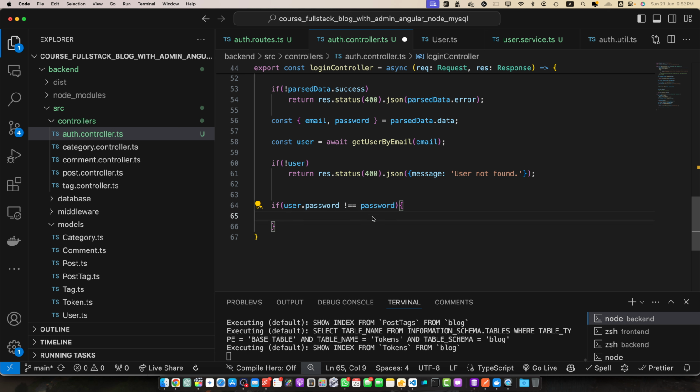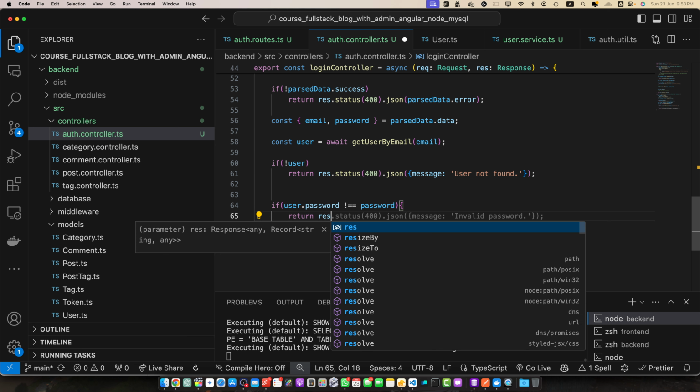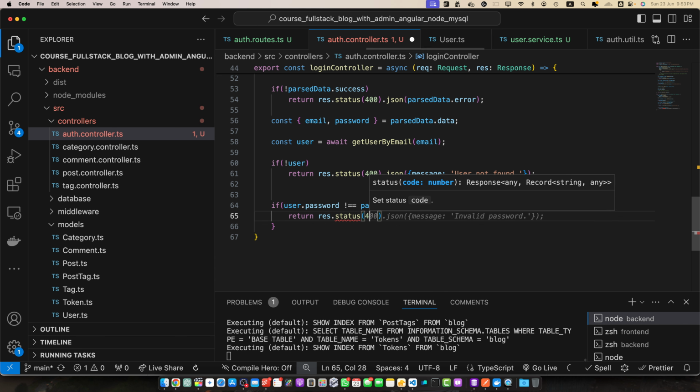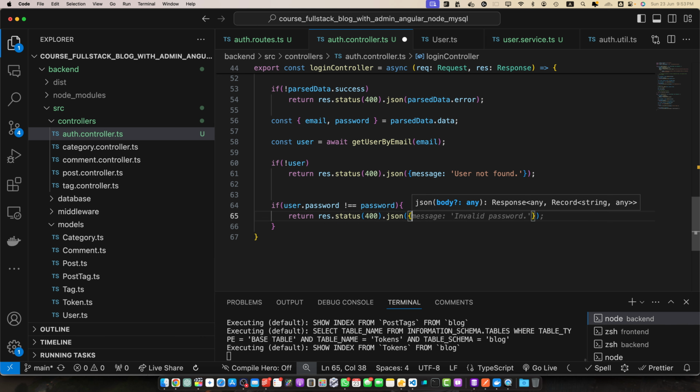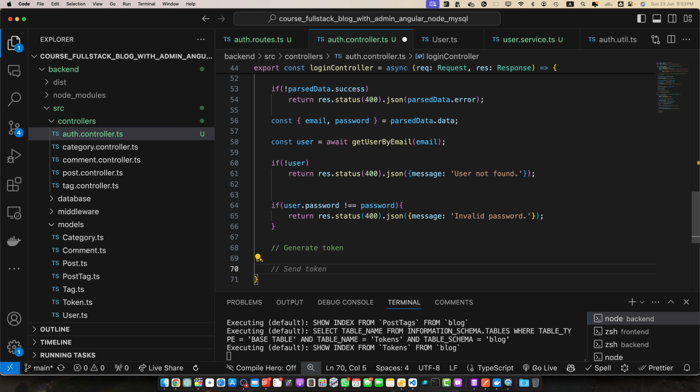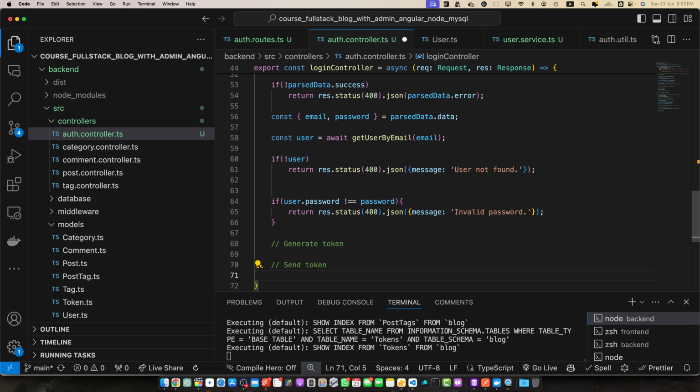So if both of these passwords are not equal, that means the user is trying to access with an incorrect password, and in that case we don't want to let them sign in. So I will simply return response.status 400.json, and here I will pass a message: invalid password. We used the return statement again to terminate all of the process below this line, and if the password was correct, then we will generate a token and send the token back to the client as the response